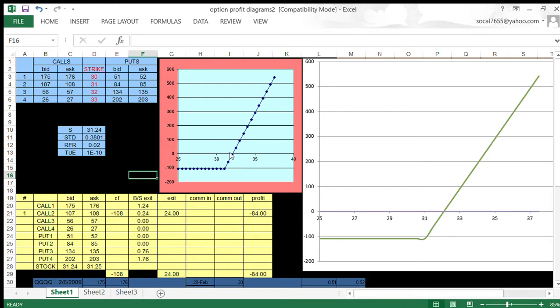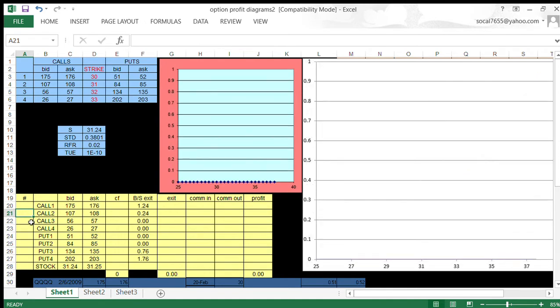You can see here at 32 that we lose the $8 and minus 7,999. And so the break even would be at 32.08. And that's the case. So when we have a long call, we have one break even. Okay? If not surprisingly, when we have just a long put,